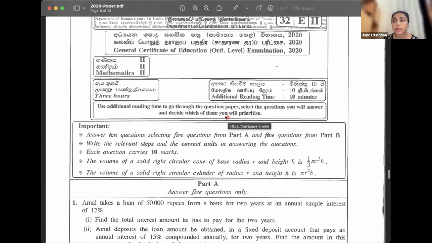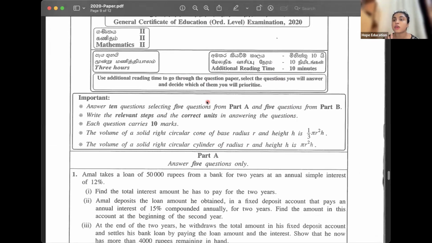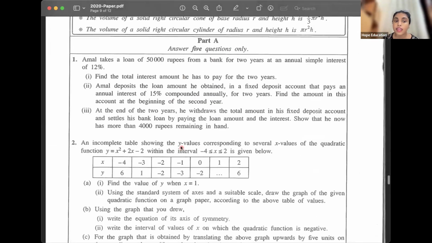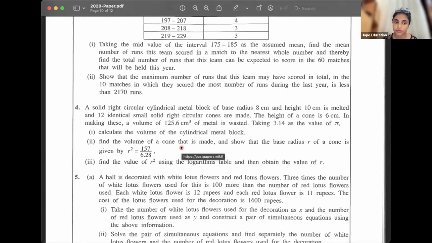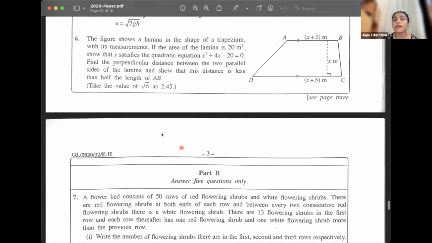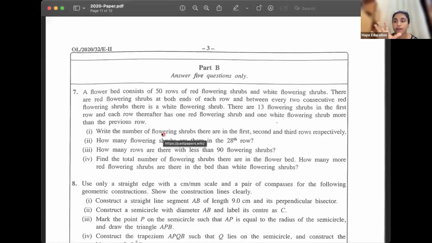Then comes paper 2. For paper 2, you get 3 hours with an additional 10-minute reading time. There are altogether 12 questions. Part A has 6 questions, you have to do 5 questions and you can leave 1 question. Then part B, again, there are 6 questions. You have to do 5 questions and you can leave 1 question without doing. Okay? So if I were to tell you how the time is allocated for each question,